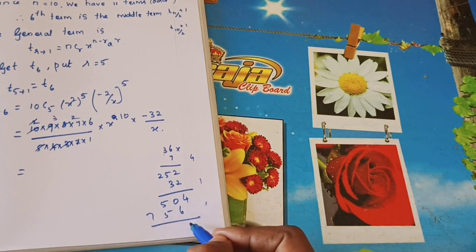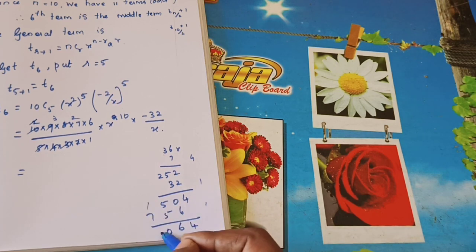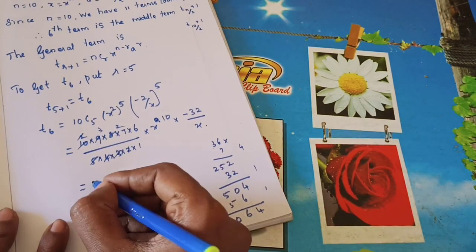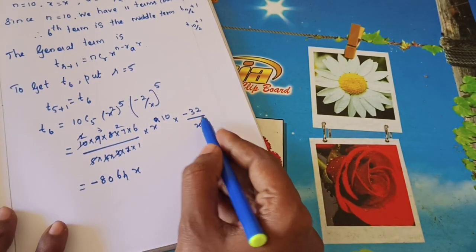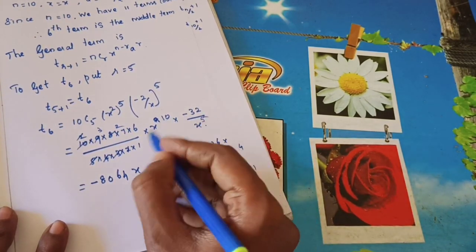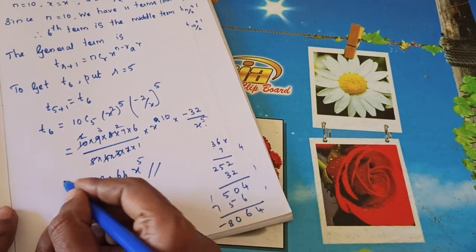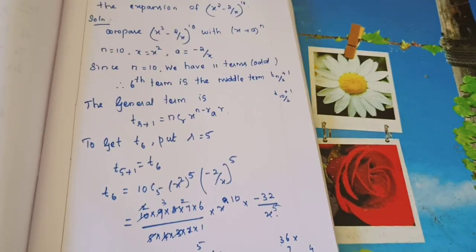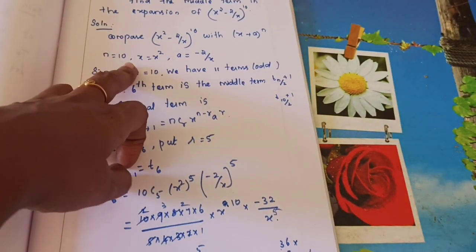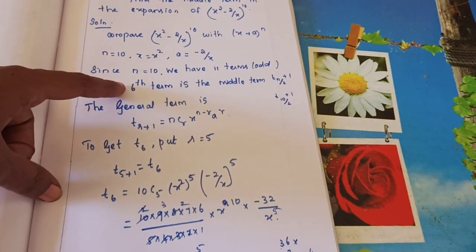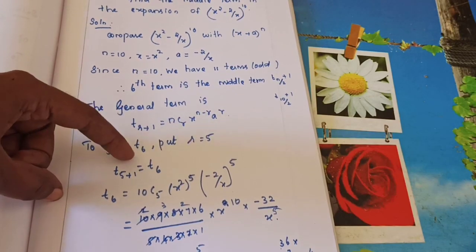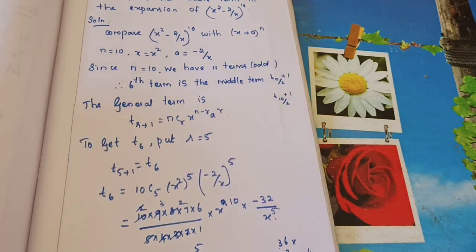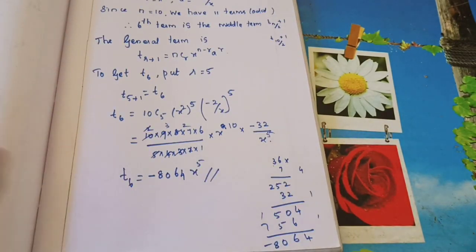Okay, so you will get 46018 with minus, is it right? So we will get minus 8064 x power, here x power 5, is it right? So 10 minus 5 means you will get 5. This is the answer. Got it? Okay. So first you compare with this, then using that case 1, is it right? How will you find the middle term? Afterwards use the general term formula. If you need the sixth term, you need to take r as 5. The previous problem I have explained. Just substitute in the formula and find out the value.